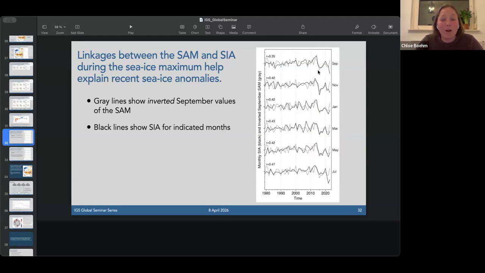I don't have a good understanding of why the SAM might be experiencing more variability, and I think that's still an open question. But it does seem like over the last decade there has been some extreme, anomalously high variability within the SAM, which I think is interesting. Whether that will continue, and whether that's indicative of a different change, is a good question. Yeah. Thank you.